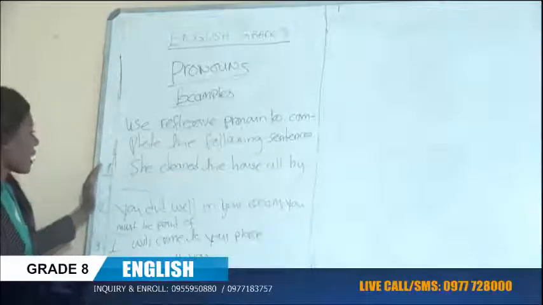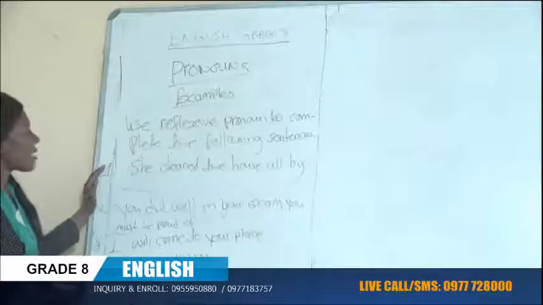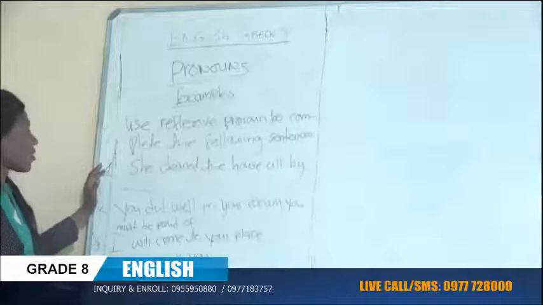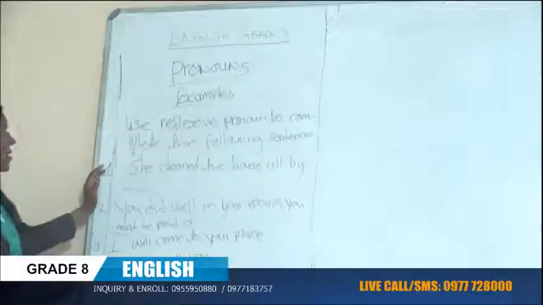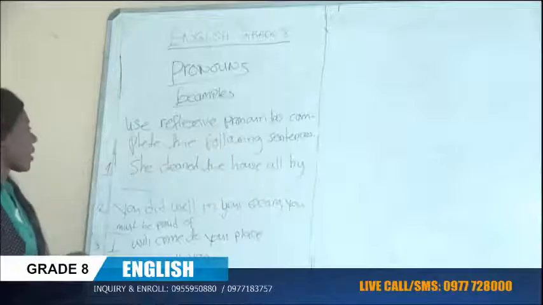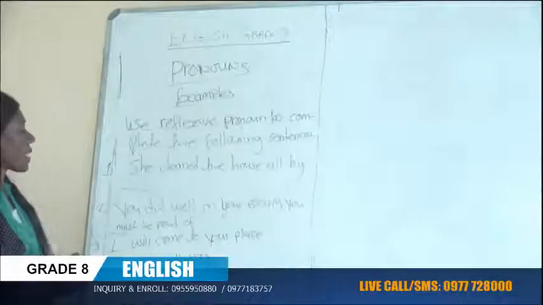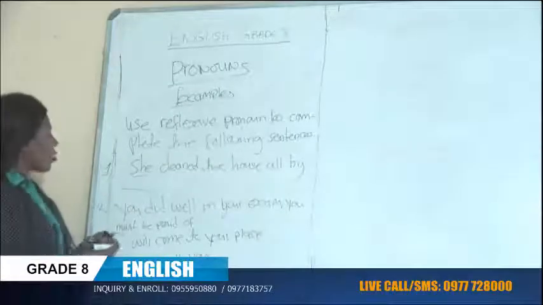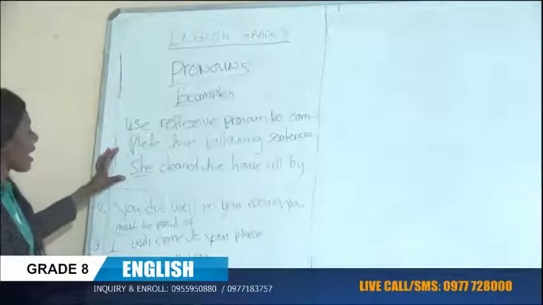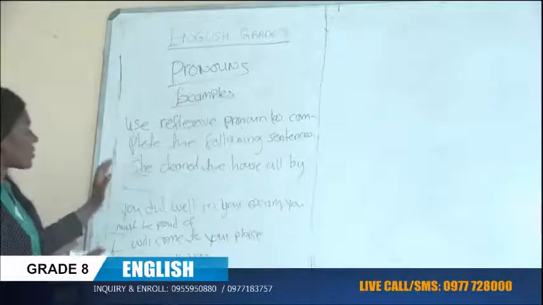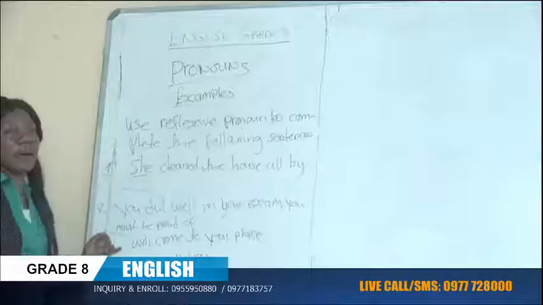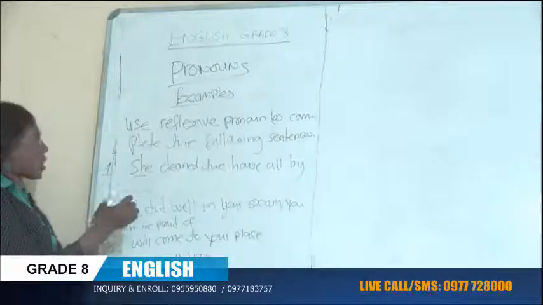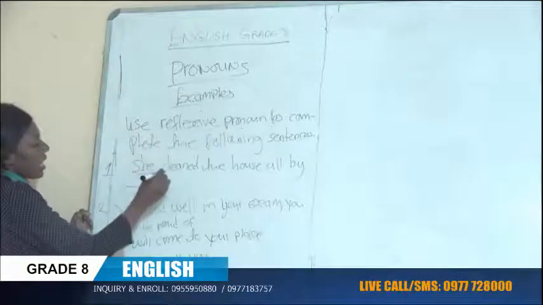Okay, so in these examples, we are supposed to add a reflexive pronoun to take us back to the subject. Example number one, she cleaned the house all by herself. Here we have a pronoun, which is she. To this pronoun, we are simply going to add either self or selves. When we say she, we are talking about one person. Therefore, we are going to add self to this pronoun, and it will read, she cleaned the house all